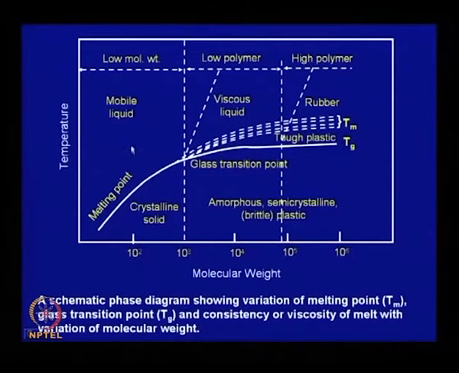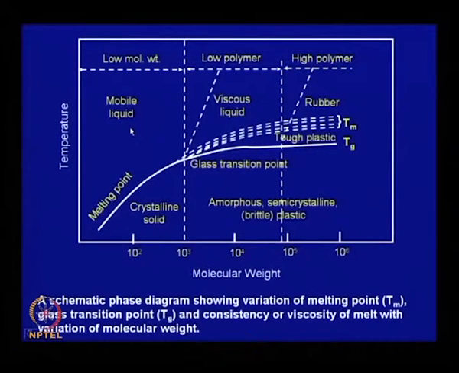So either it will remain liquid phase or solid phase, amorphous solid phase or crystalline solid phase, that depends on the molecular weight and the temperature. So, up to this molecular weight, say 1000 molecular mass, below this temperature line it is crystalline solid, above it is